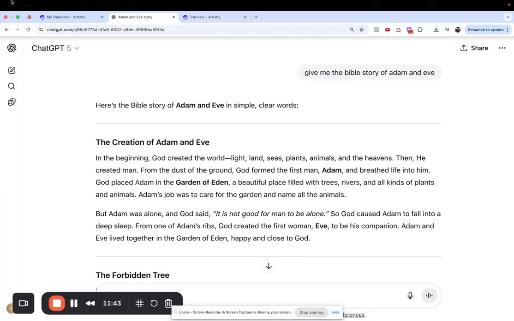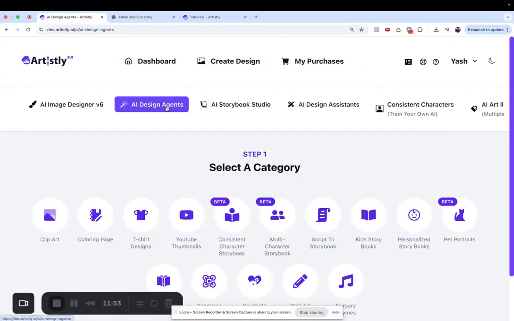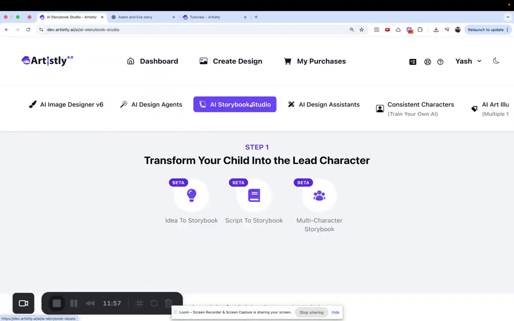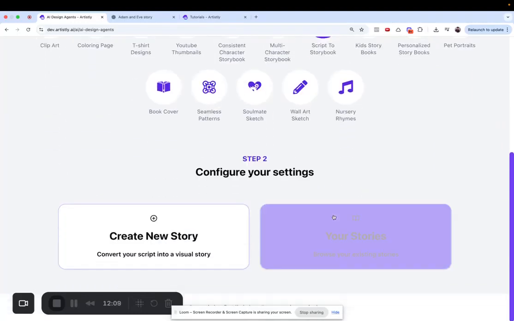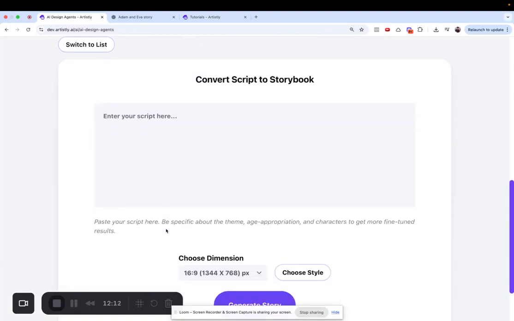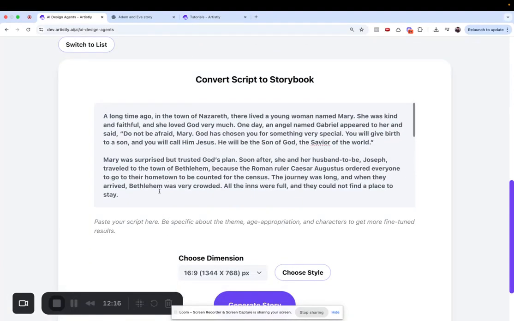Okay. Now one another thing I want to tell you that you can also do. If you go to AI design agents, right? This was the feature that we had and people loved it. So we created this using AI Storybook Studio. There is one another feature I wanted to talk to you about under design agent. This was an old feature, but a lot of you guys love this. If you go to script to storybook and click on create new story, it does the same thing, guys. When you paste the story, it does the same thing, but